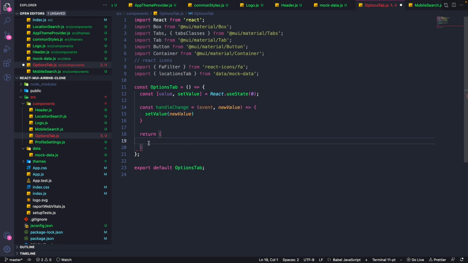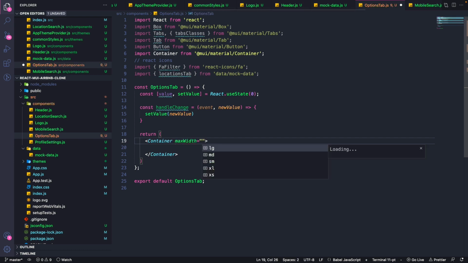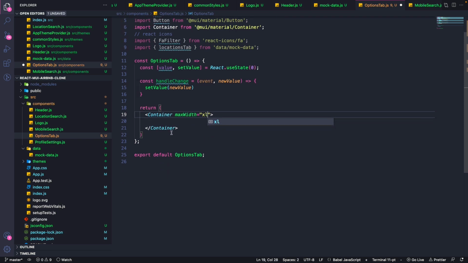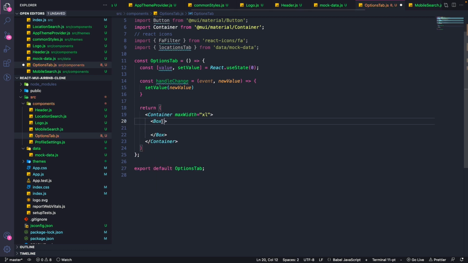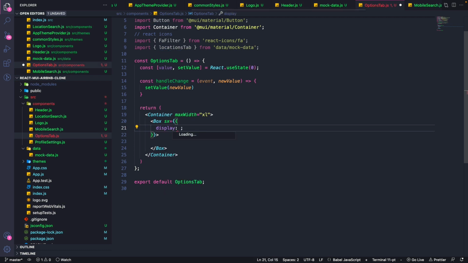And within the return, let's have the container, and this container should have a max width of XL. And within the container, let's start by putting a box having an SX set to an object containing display flex,